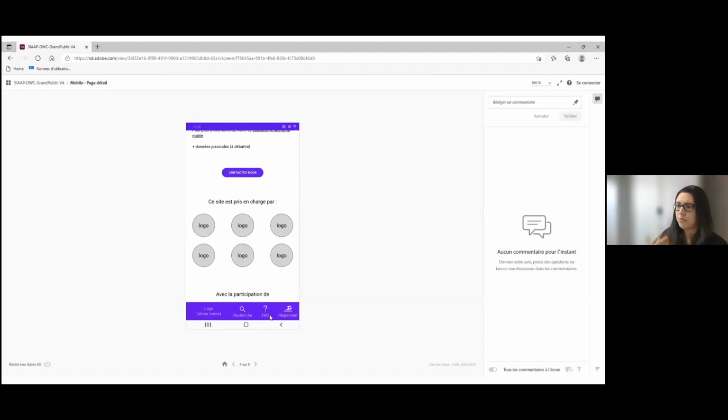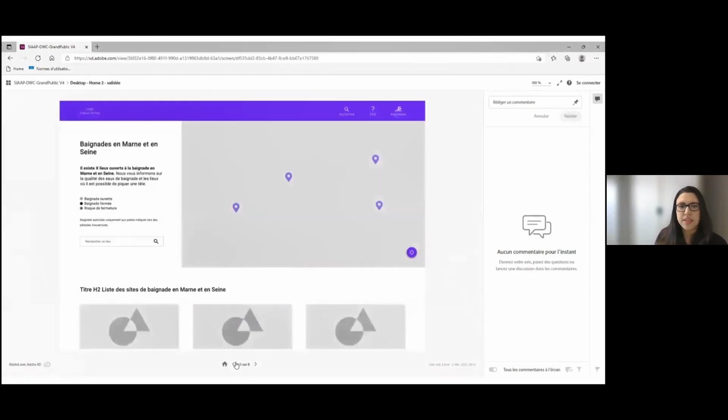And what you see at the bottom, there will be the logo on the left, the research key, frequently asked questions, and the last logo, which will be, it's not regulation, it's a vigilance. I mean, it is an awareness raising about bathing in fresh water, to explain the risks associated with free water bathing: boats, children, everything, sharks, you name it.